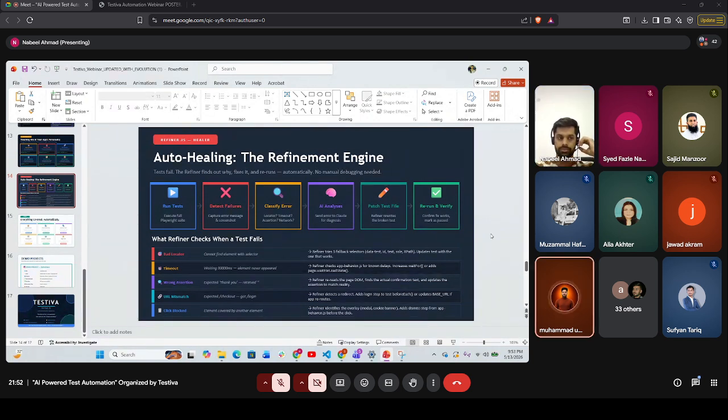One last question, please. Can AI test RDPs? Can you explain RDP? RDP means systems deployed on remote desktops. I think that needs to be discussed in the next meeting or next webinar. For now, I don't have a clear idea about what you're talking about. No worries. Thank you. Okay.